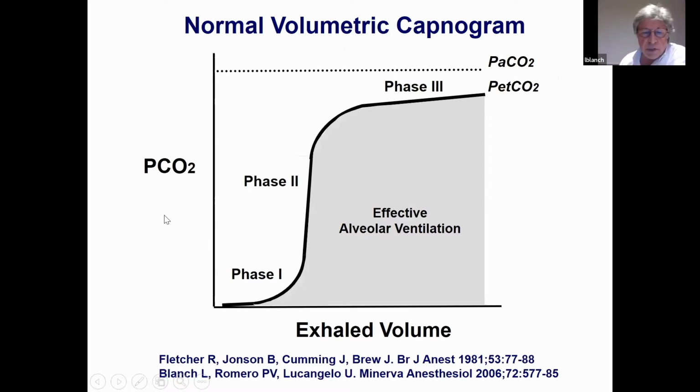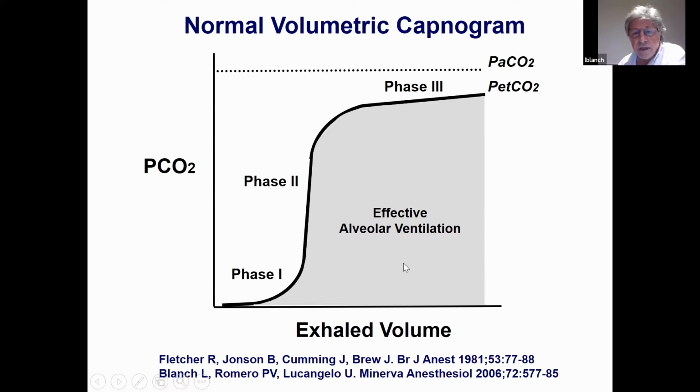Also, the PCO2 can be plotted as a function of volume, and this is what some capnographs do, and then the shape is more or less the same during expiration. The first exhaled volume is free of CO2, and this is the transition from this CO2-free part of the airways when alveolar air is reaching the airways. So it's a transition between phase 1, phase 2, and phase 3, and this is normal because there are these well-shaped angles indicating that end-tidal CO2 is close to PaCO2, and this is the